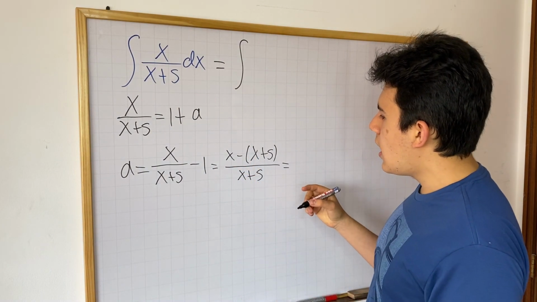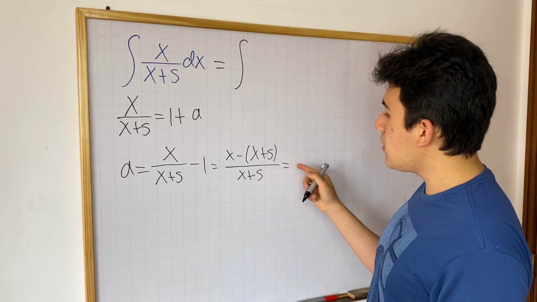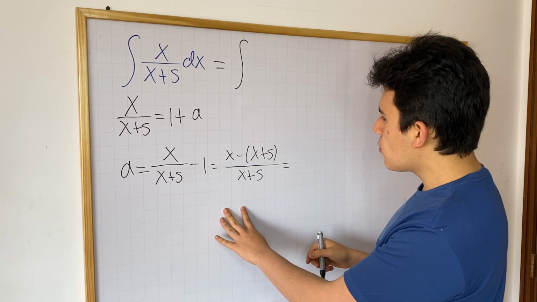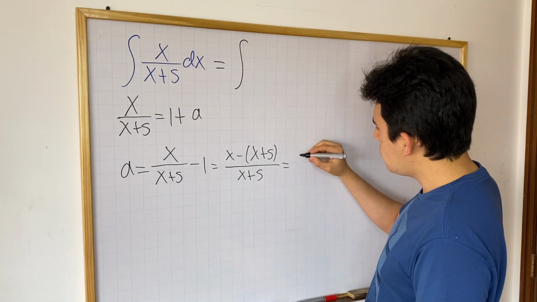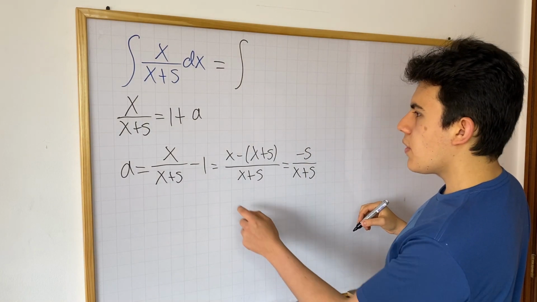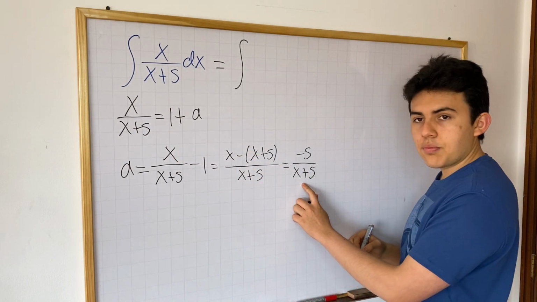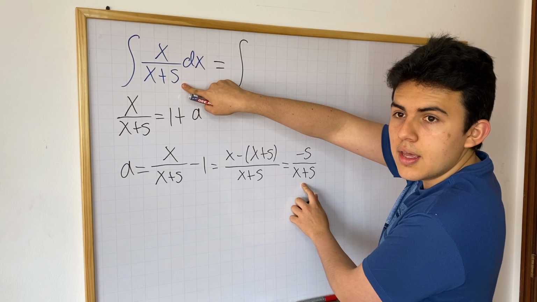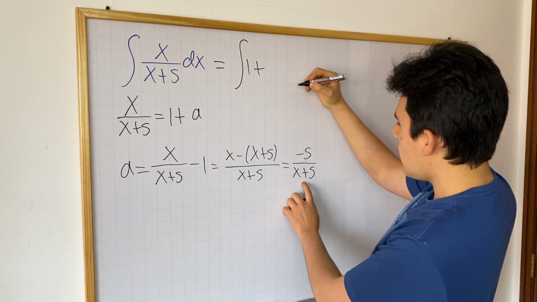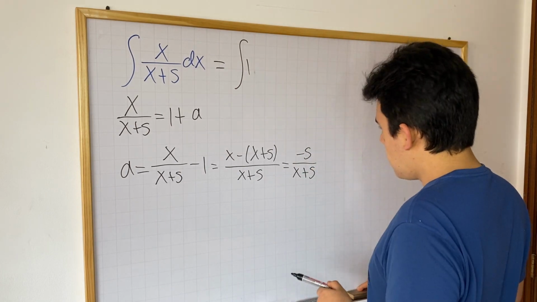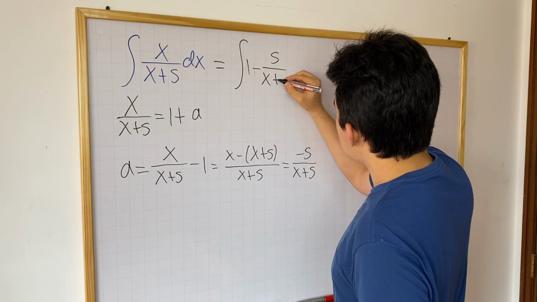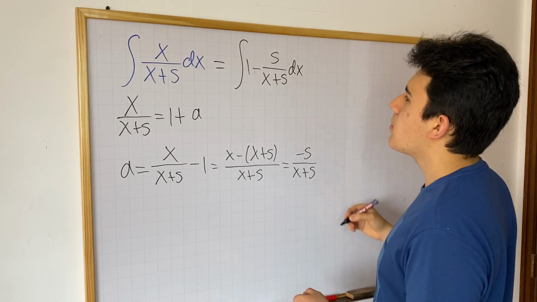And over here, something that you can do now is, you can see that we're going to get minus 5 in the numerator, and these two x's are going to cancel out. And we're going to get the following. We're going to get that a is equal to minus 5 divided by x plus 5, okay? So now we know that if we add 1 to this expression, we're going to get the integrand back, okay? Which means that we can rewrite this antiderivative as 1 plus a. We know a is equal to this expression, so I'm actually going to write the minus sign in here. So this is going to be minus 5 divided by x plus 5, and this antiderivative with respect to x,